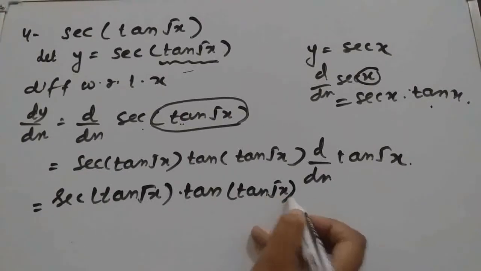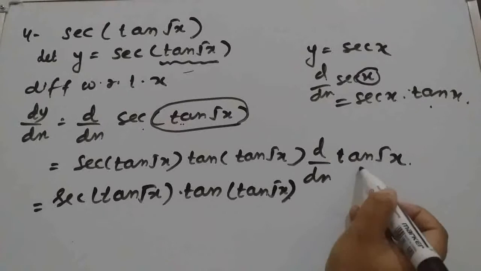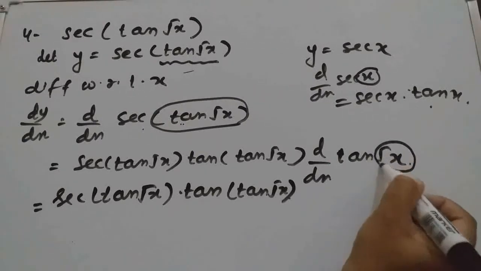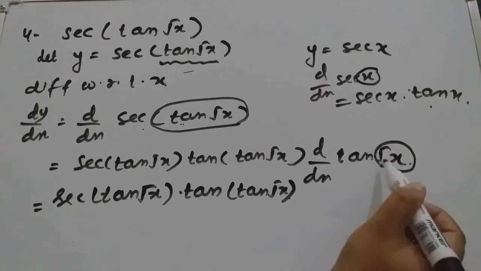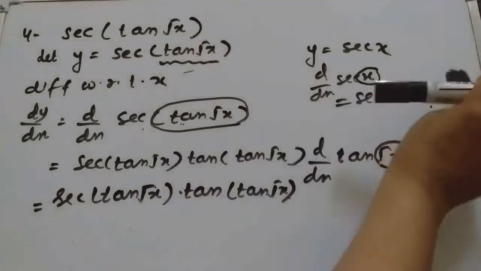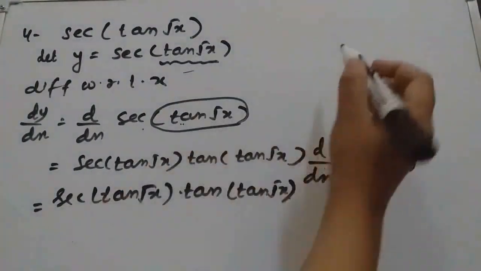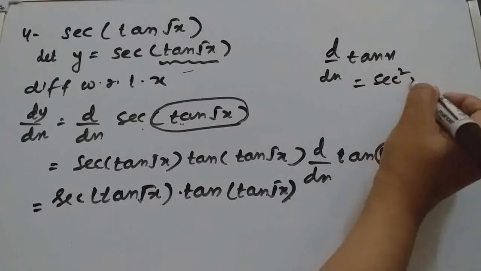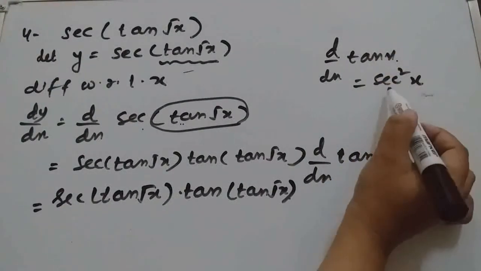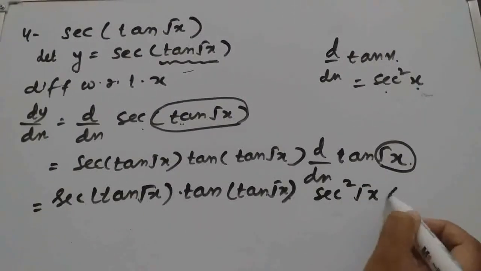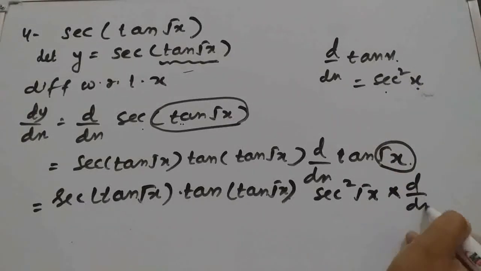Now, to find the derivative of this, again we should check whether it is standard or composite. So see, tan x is a standard function and here it is given tan √x. So we know what the derivative of tan x is, that is sec² x. So for tan √x we will write sec²(√x). So here sec²(√x) will come, and then the derivative of this composite function, which is other than x.